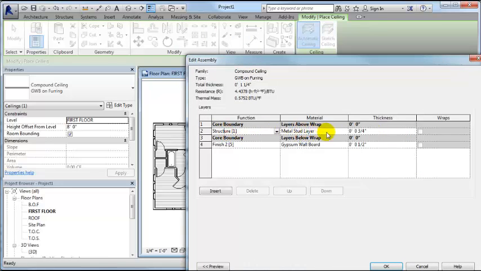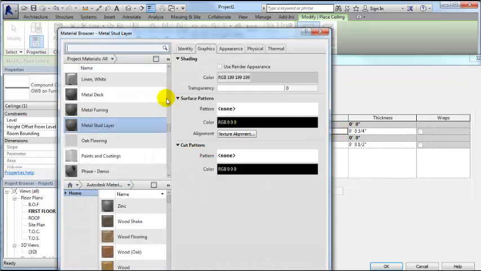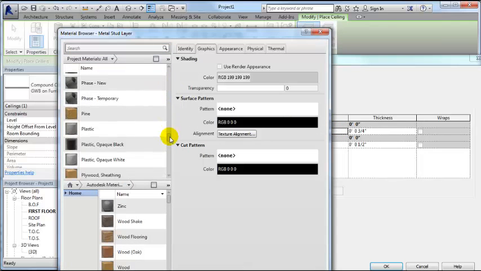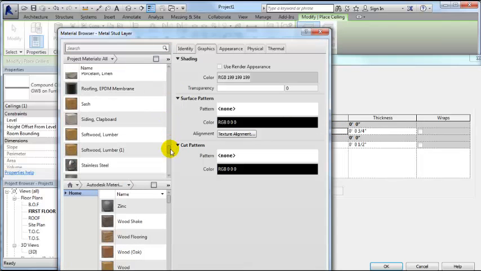It says metal stud layer. I don't want it to be a metal stud layer. I want it to be a wood layer. So I'm going to make that change now. This will kind of give you an example of what we're going to have to do to edit things. But if you click on that, you'll get this ellipsis button, and then we're going to get a list of different types of materials that we can use. And I really want that to